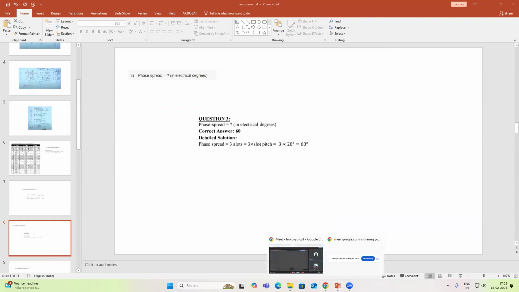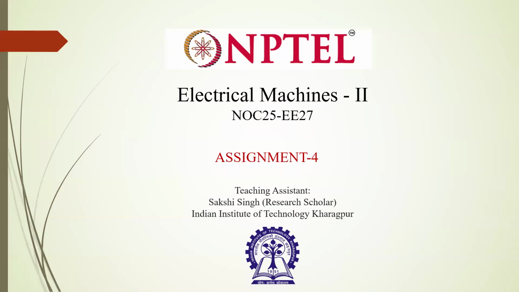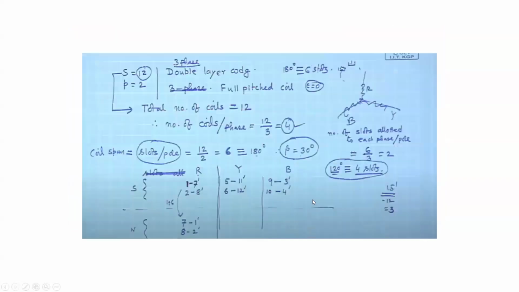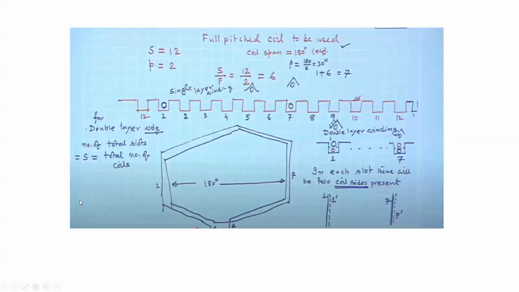So let us start. Let me go here. If you see, this is assignment 4. In assignment 4 we will be seeing what is called a distribution table. This kind of distribution table you can obtain in a three-phase machine because, as we discussed, in the stator we have slots. These slots are distributed in a circular cylindrical way, but we have shown it in the lateral view.